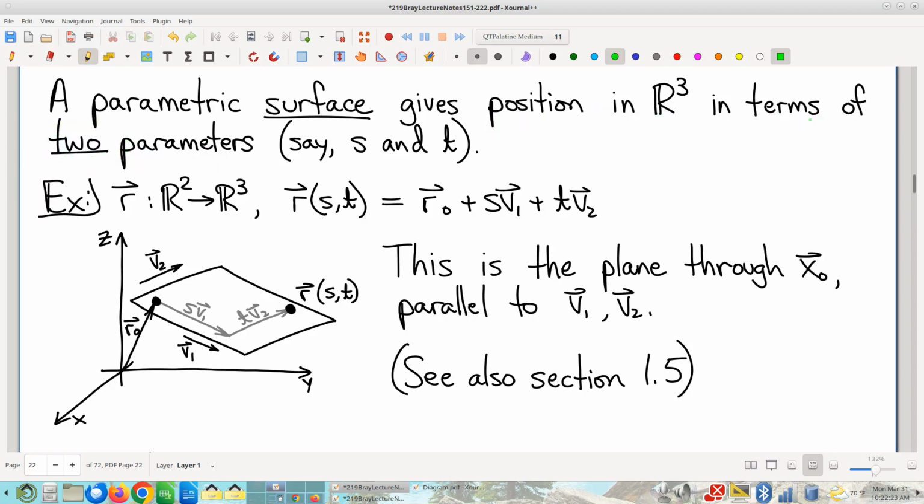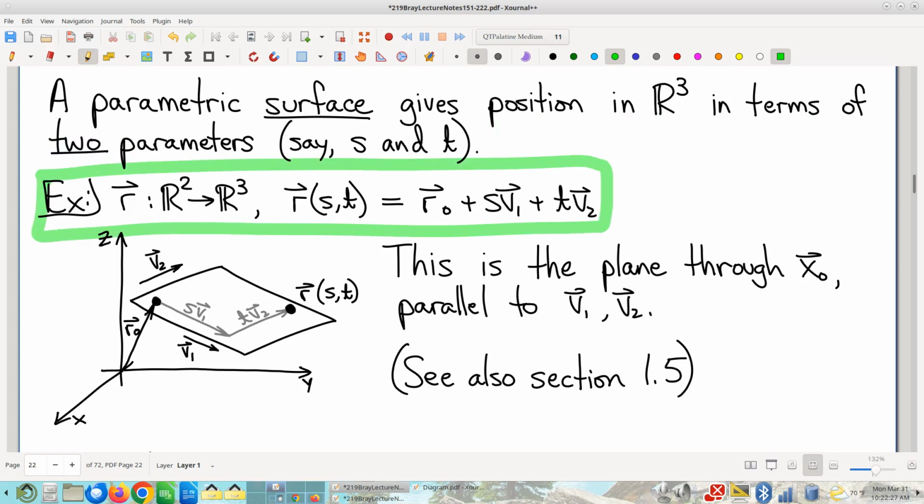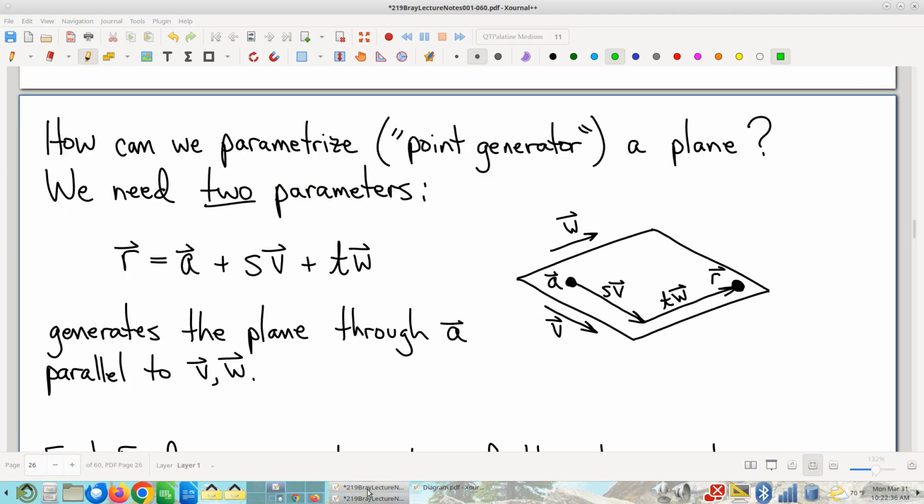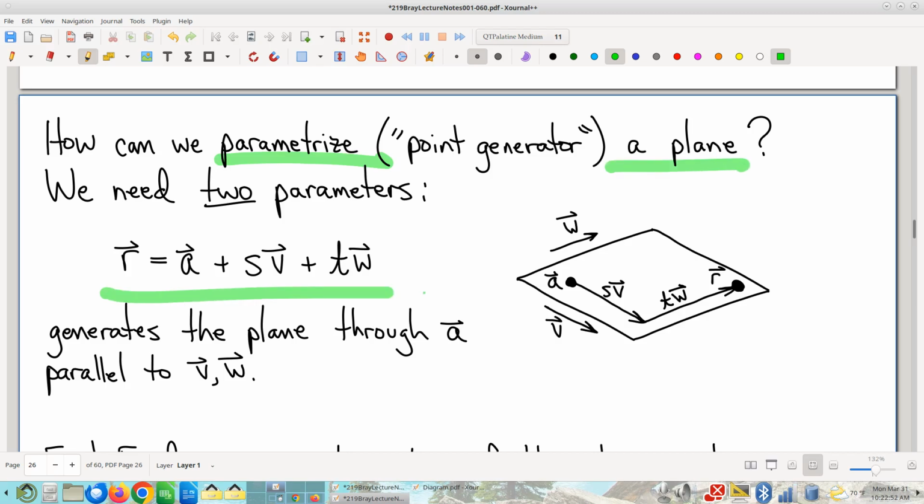Now, good news, we've already seen an example of this. This exact function right here came up in section 1.5. This is what we call a parameterization of a plane. Now, I'm just going to scroll back here. I had this already prepared, of course. This is from the lecture notes of section 1.5, right? This goes way back. And you see we talked about how to parameterize a plane, and we wrote down this